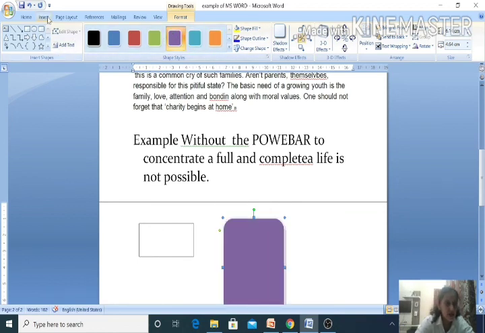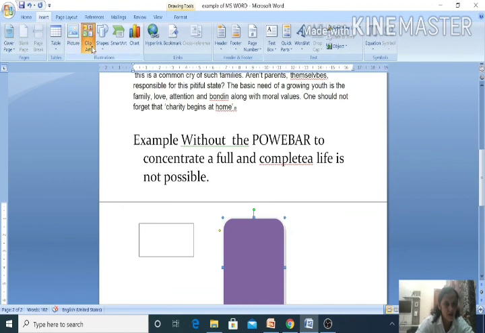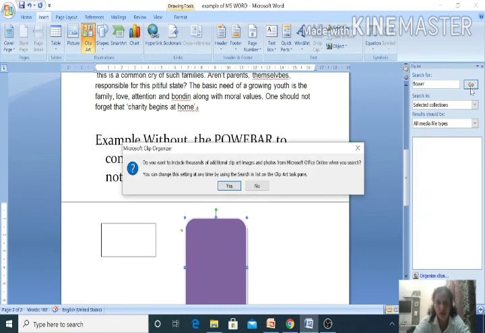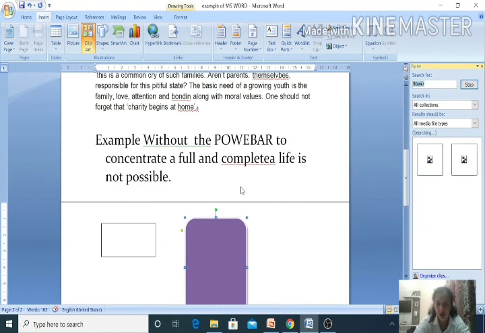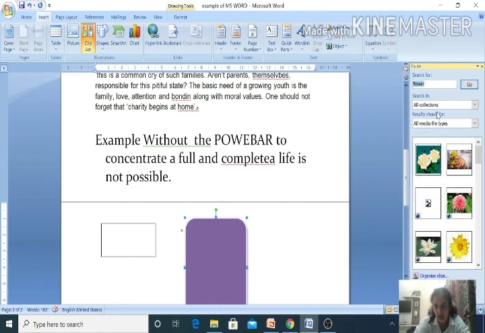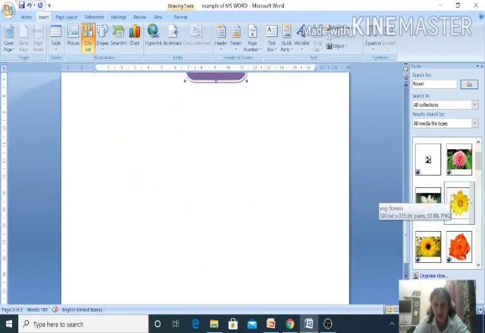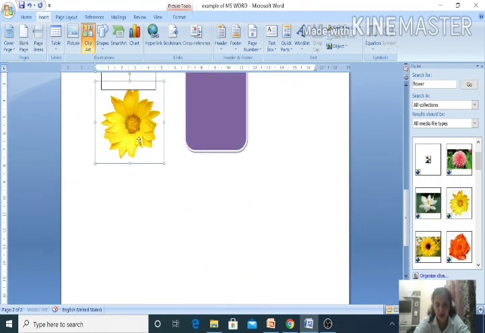Next you can see we have the option of clip art also. If you want to insert any picture, like if I have written flower here and I want to insert this picture into my document, I have to search for it. You can see when I have written flower, different pictures in the clip art will be shown. Whatever image I want to insert into my document, I will simply drag it and drop it in the MS Word. You can see here, this is the picture that I have searched in clip art and then I have saved in the MS Word. I think this is clear.